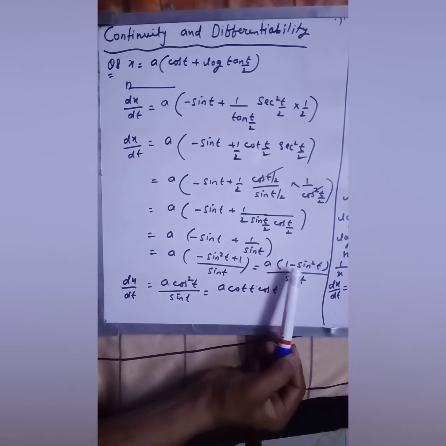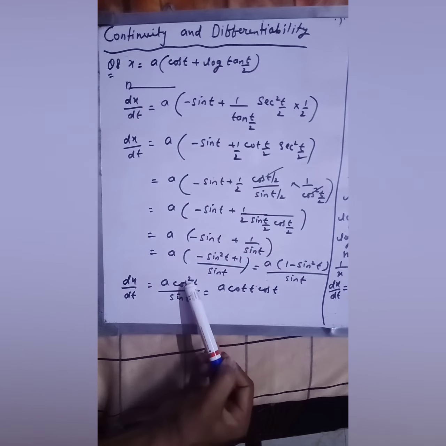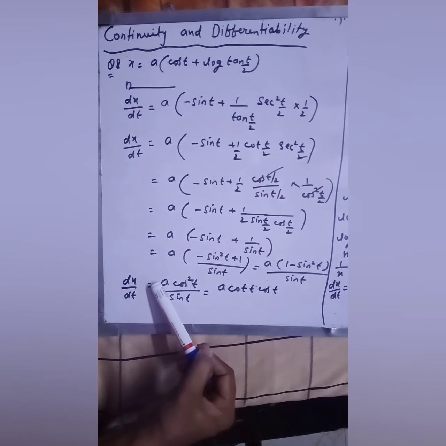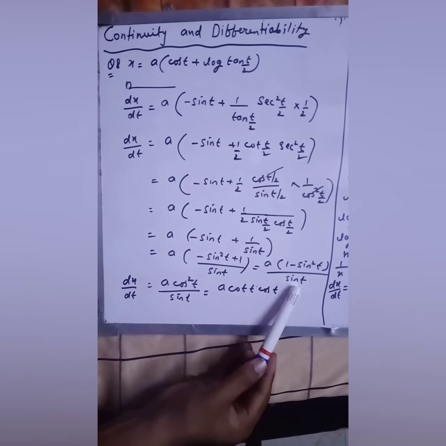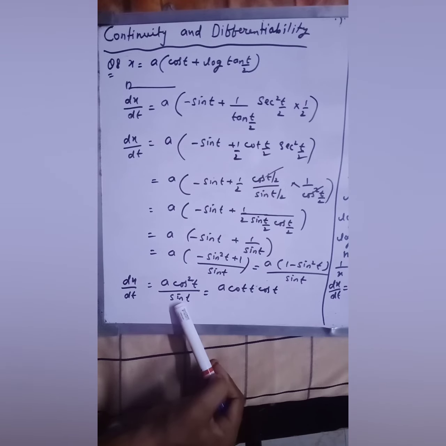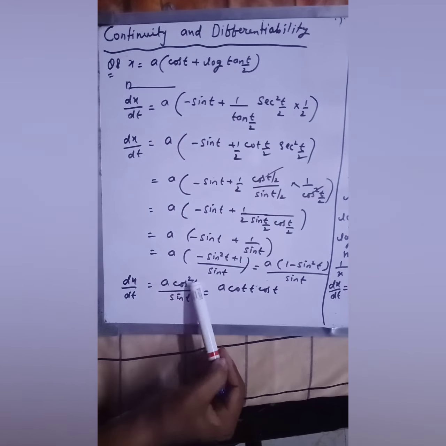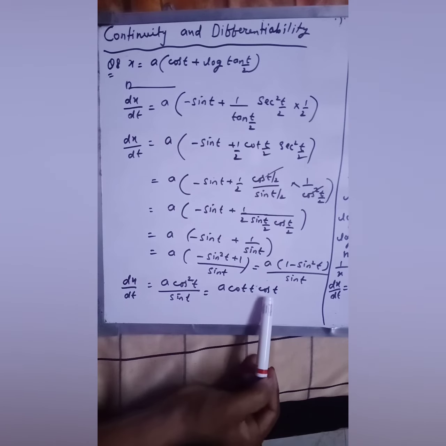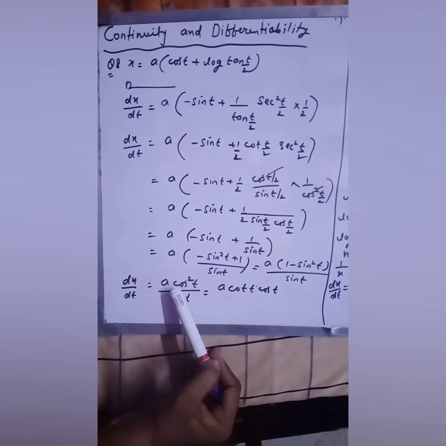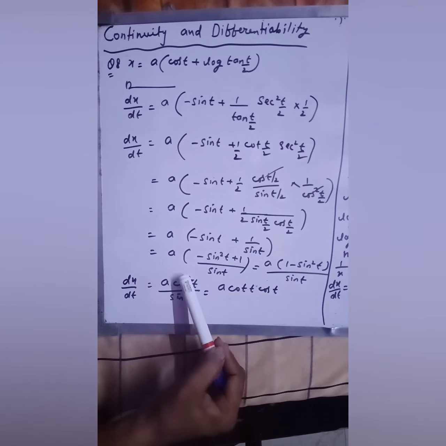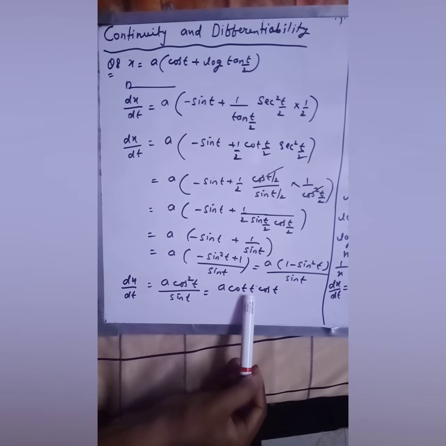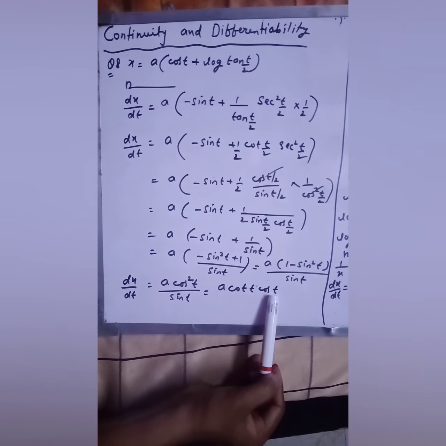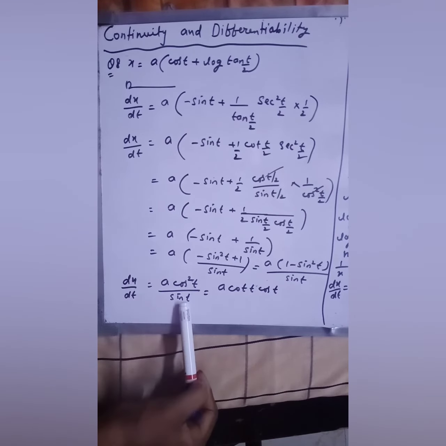As we know that 1 minus sine square t is cos square t. A you have to copy the same. In the denominator you have sine t. Okay, and this can be written as a cos t by 2 sine t by 2, that is cot t, and one cos will remain left, that is cos t you have to write. Okay, this is cos square now, so we can write this as cos t into cos t. So 1 cos t over sine t, that would give you cot t, and 1 cos t will remain the same. This is your dx by dt.